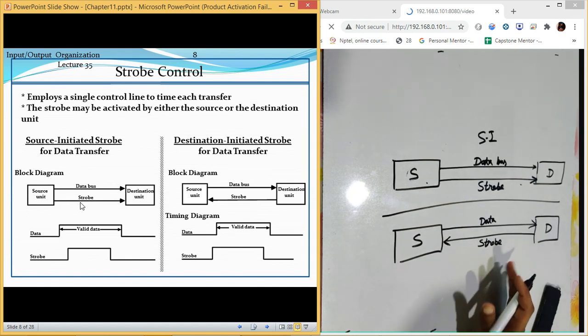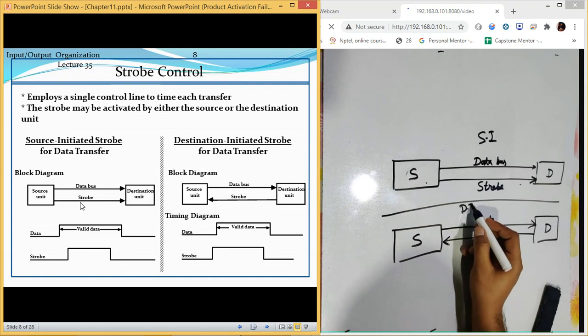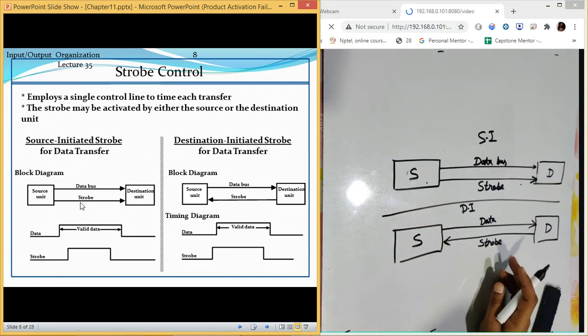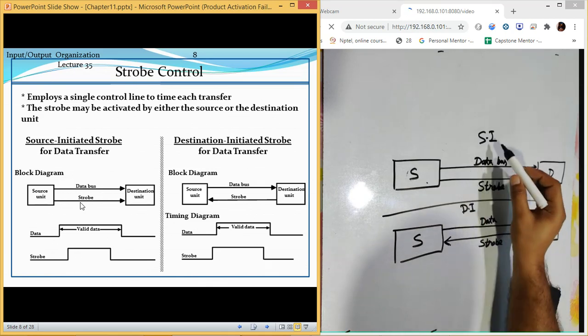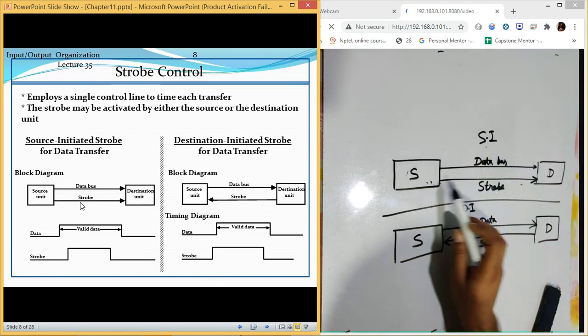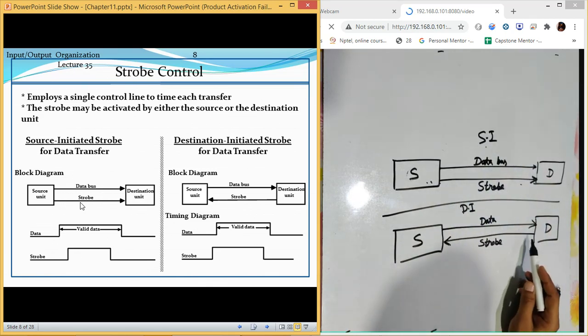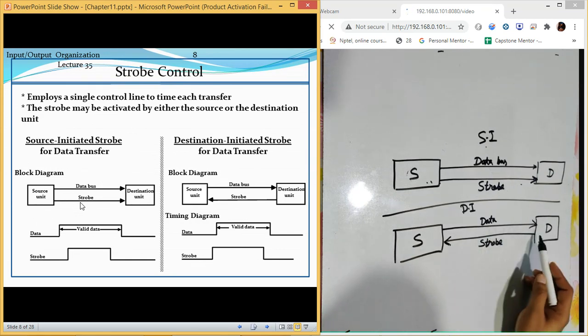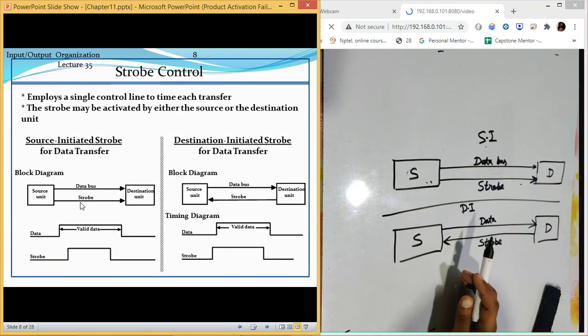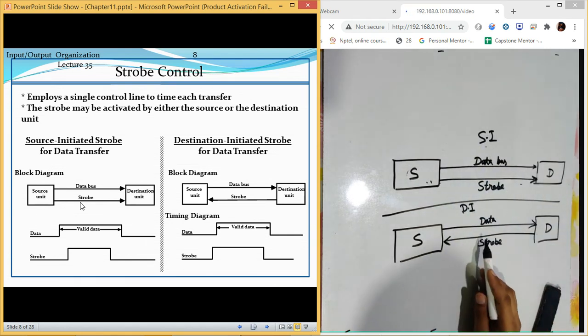The only difference between source initiated and destination initiated strobe is that in the source initiated case, strobe is sent from the source, and in the destination initiated case, the strobe message is sent from the destination. That's it. That is the only difference.